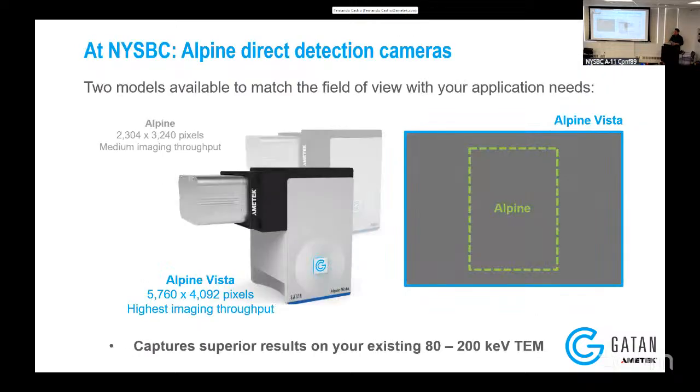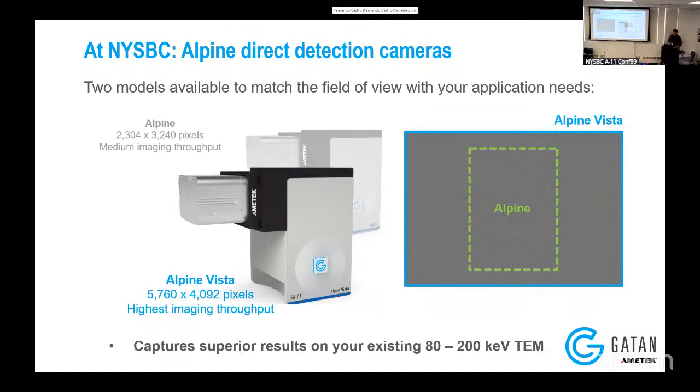So here, for tomorrow's demo, we're going to be working with the Alpine Vista camera. We also have the K3 camera, which is a very similar kind of direct detection camera, on other microscopes that they have here. Something that's special about the Alpine Vista is its ability to work at lower accelerating voltages than you may expect for a direct detection camera. The Alpine really works well from 80 to 200 kV,